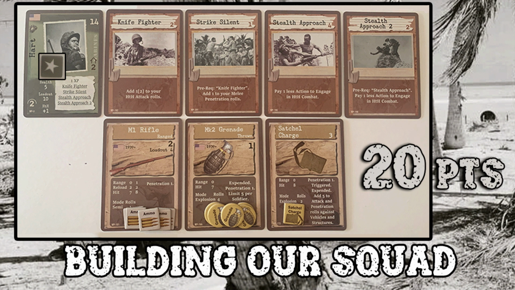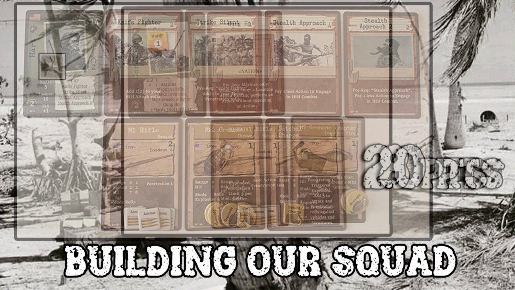So building our squad, we have 28 points. We've spent 20 of them on Heart. You see, he starts with 1 experience. Knife Fighter, Strike Silent, Stealth Approach, and Stealth Approach 2 are all 4 of the skills that are included in his 14 points. We add 2 here for his M1 rifle with 5 rounds of ammo, 1 for his M2 grenades with 5 grenades, and 3 for the satchel charge. So that's 14, 15, 16, 17, 18, 19, and 20. So we have 8 more points,